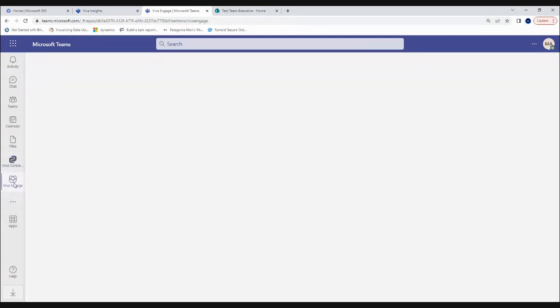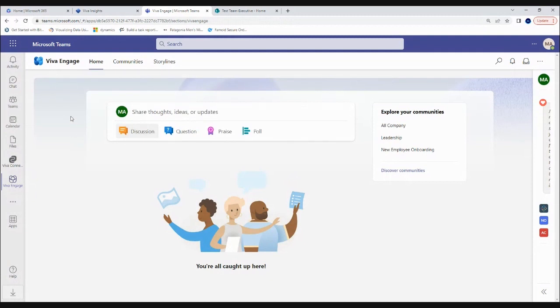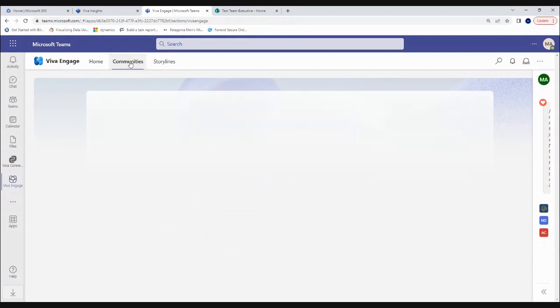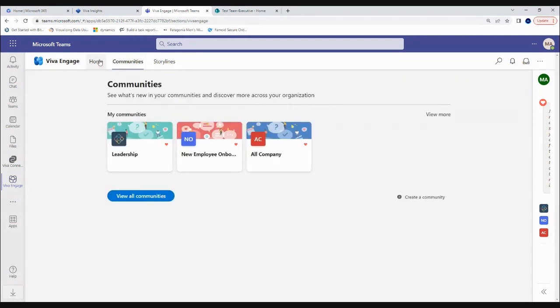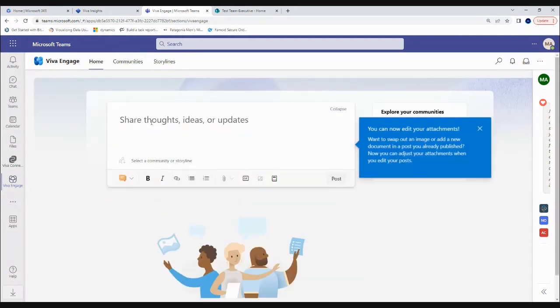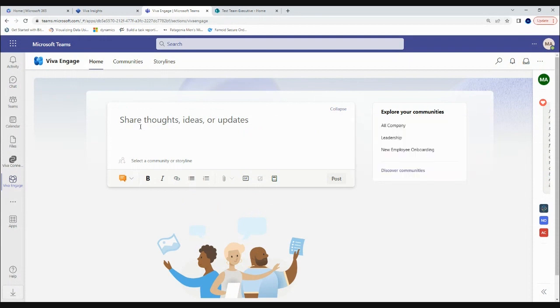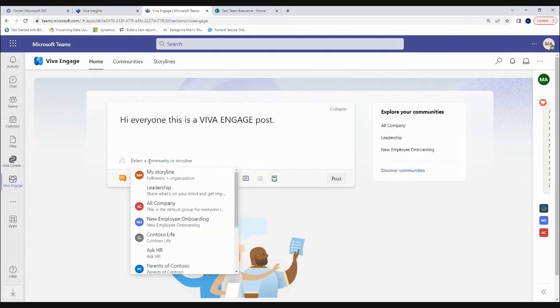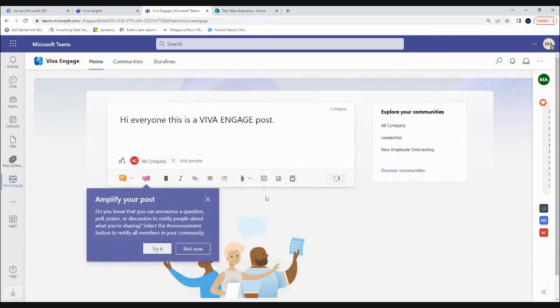And then we have Viva Engage, which is the social platform that we just talked about. It's Yammer. It looks just like Yammer. We still have our Yammer communities here. And if we were to post anything, let's say, hi everyone, this is a Yammer post. We'll say Viva Engage post, right? Because we want to make sure that we stop using the Yammer verbiage,